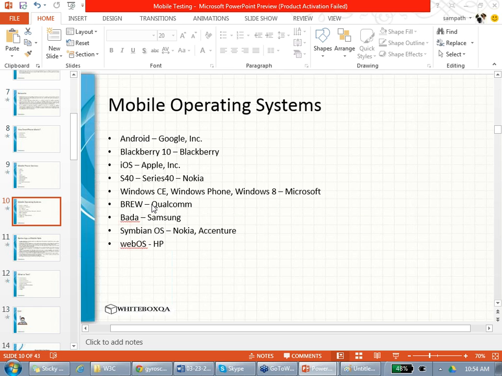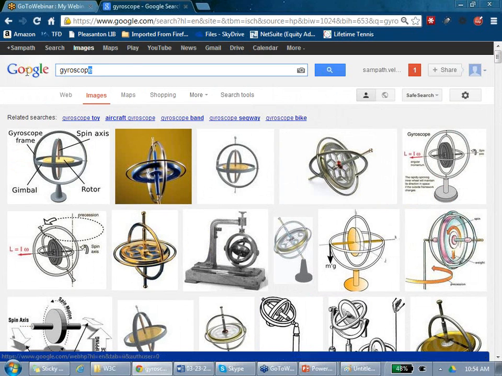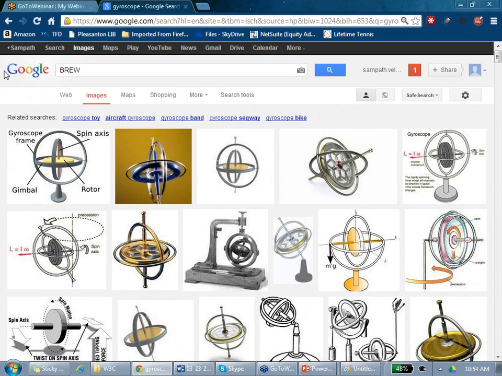Remember Windows 5, Windows 6, Windows 7 was the last, and Windows 8 is different. And Windows 8 is the new mobile Windows OS. Agreed? Yeah. So, and there is Brew. Qualcomm created Brew. Brew is something which used to be in old devices. It's an operating system. So let me show you a picture. These kinds of things are better cleared up with a picture. Agreed? That's a Brew.